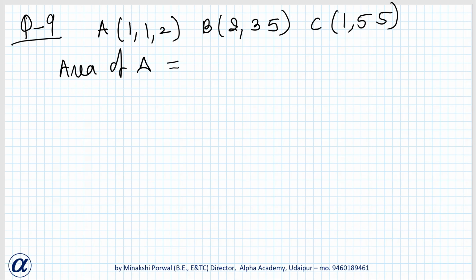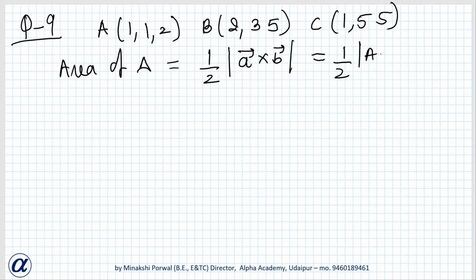Ma'am, half into vector AB into vector AC. Yes, or we can write half of vector AB cross vector AC. So we'll first of all find the AB vector. AB vector means coordinates of this minus this: 2 minus 1 into i cap, plus 3 minus 1, 2j, plus 5 minus 2,